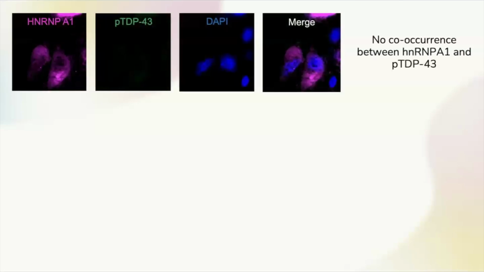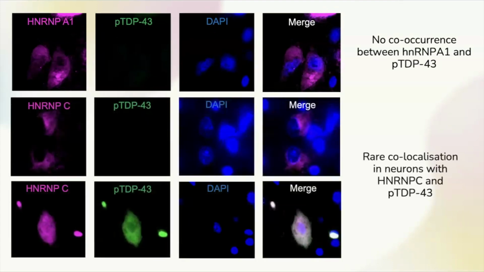We then used immunofluorescence to determine whether these hnRNPs with nuclear depletion in FTLD cases are co-localizing with cytoplasmic pTDP-43. We did not find co-occurrence between cytoplasmic hnRNPA1 and pTDP-43 inclusions. Interestingly, cytoplasmic hnRNPC was observed in neurons without cytoplasmic pTDP-43, and only rare neurons showed co-localization of cytoplasmic hnRNPC and